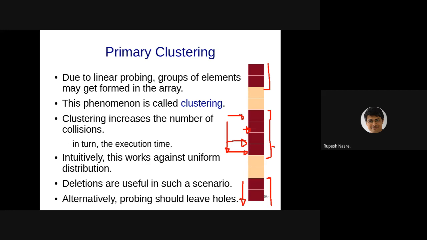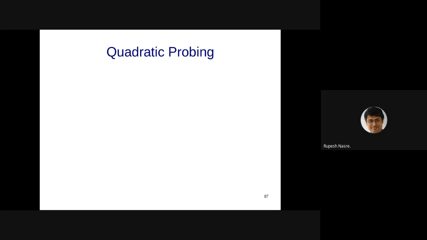So we would like to leave some holes while probing for the next index. And that essentially is going to lead to some other type of probing, which in our case is quadratic probing. What does that mean? Our hash function was the same, and then there was a conflict function which was going to give us some index based on the number of conflicts i, which was getting added to hash of x. This function was earlier an identity function or a linear function. Now I am going to say that it is going to be a quadratic function.